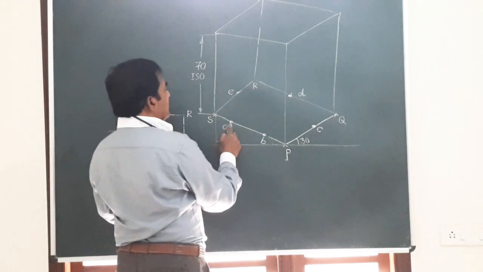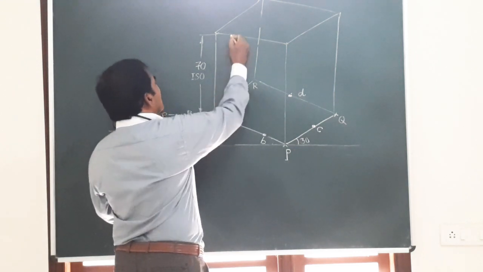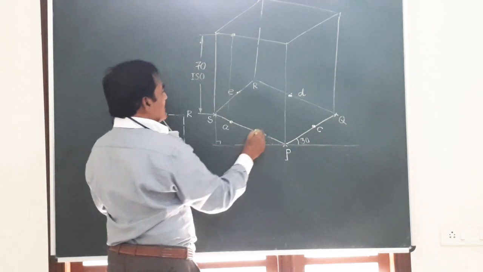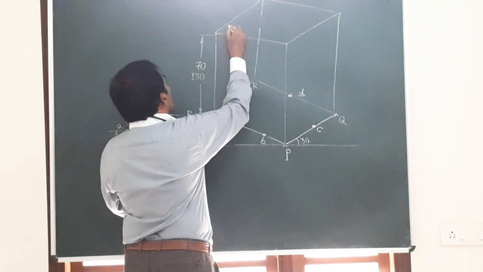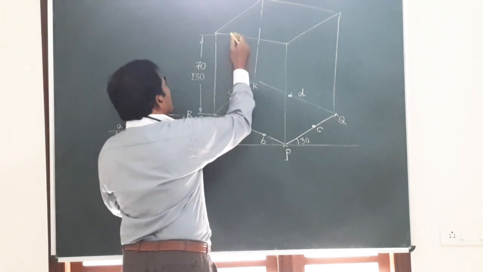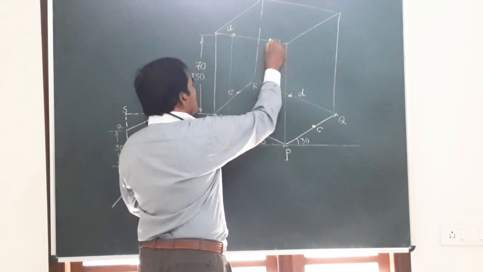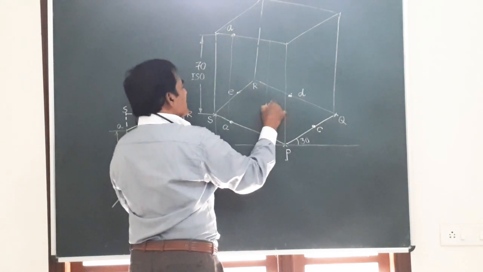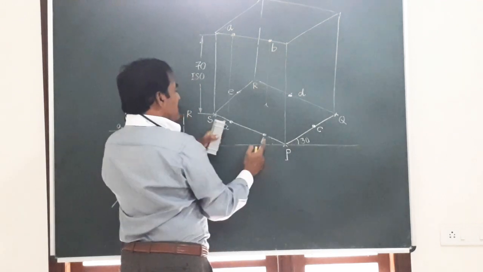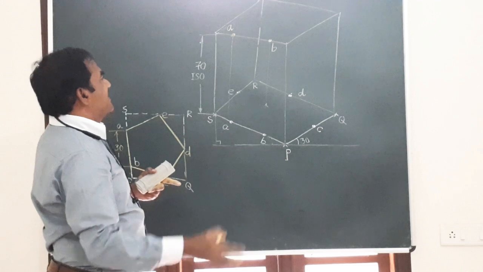So A is here for the bottom face. For the top face, simply you draw a vertical line from there. So this point is going to be your top face, first point. I will call this point A. Then B, a vertical line from here. If you draw a vertical line, you are going to get this B. Friends, remember this AB and this AB will be the same. In fact, we can change the number later on.